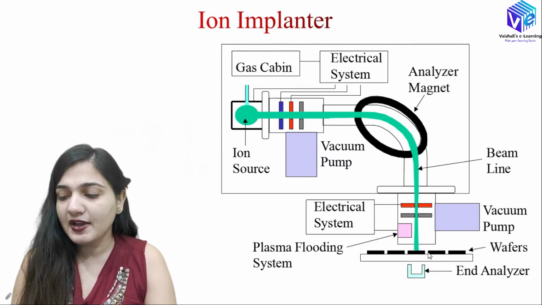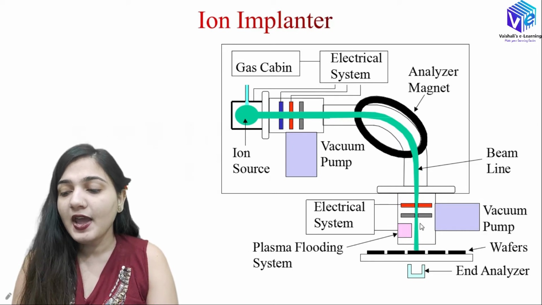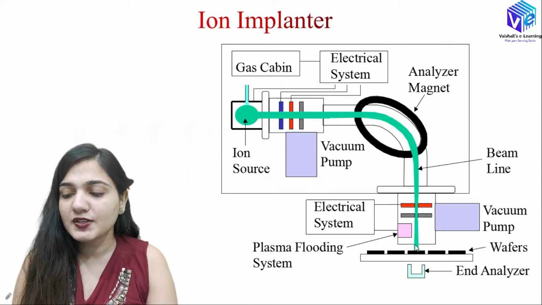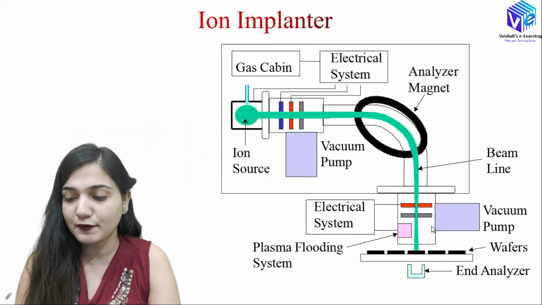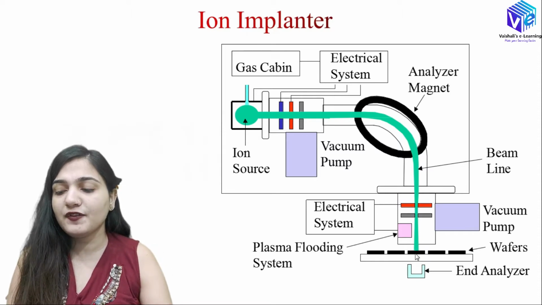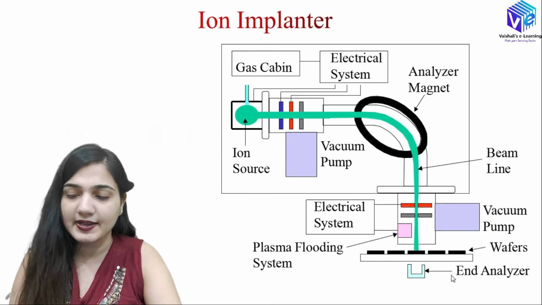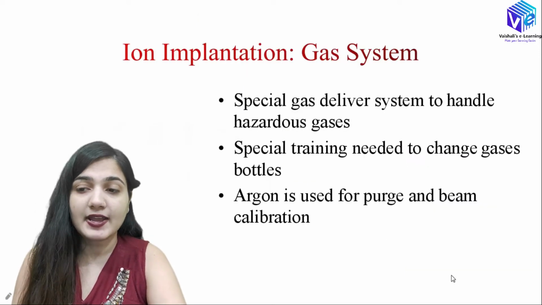Okay, so here we have the wafers placed here, and here we have the beam of ions which is going onto the wafer. This beam is highly directional, with all of the components that we have used here, and this highly directional beam will go onto the wafer and make the doped region in the particular area. And this is the analyzer. Okay, so I hope now you understood the basic ion implanter.